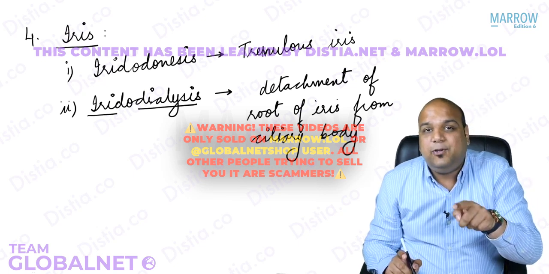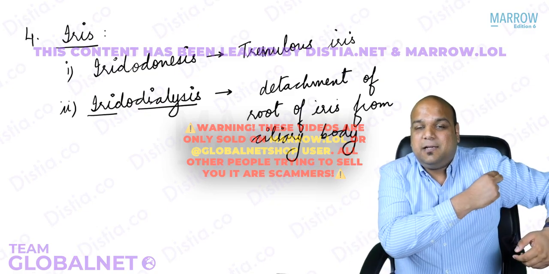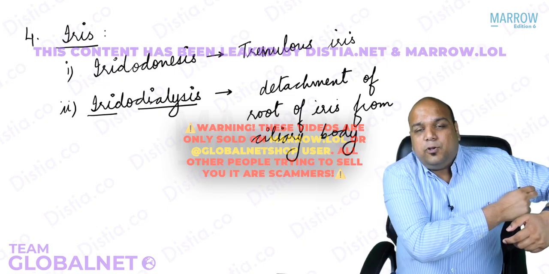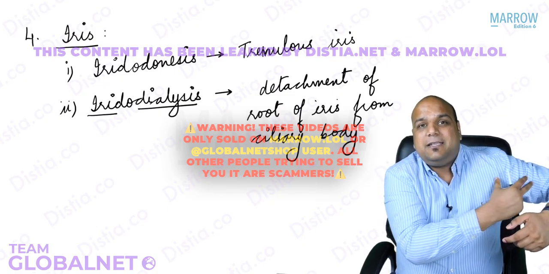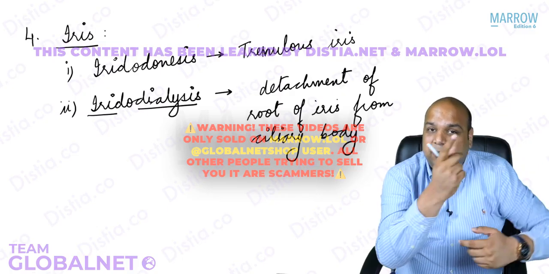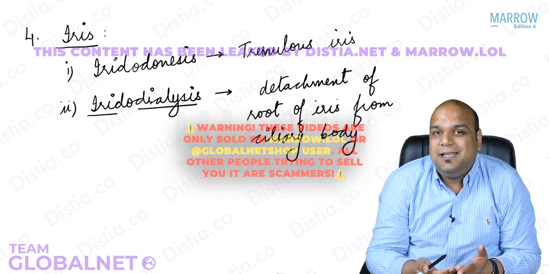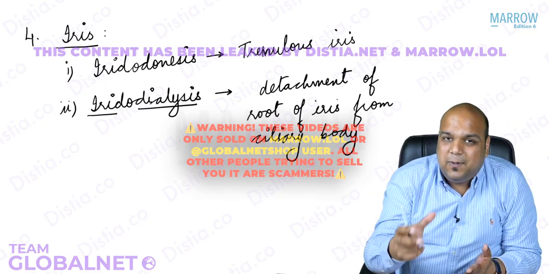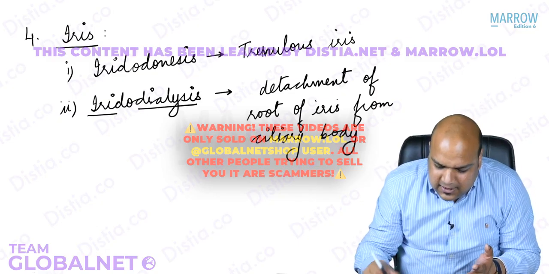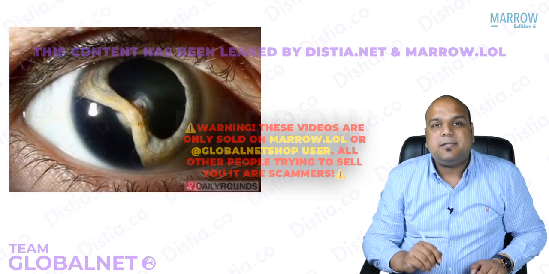That's why I said, if you understand iridodonesis, the force was weak, some of the attachments were broken. Now let's say in an area all the attachments are broken, so you will see that the iris has completely detached and you will be able to see the lens behind this area. You understand what I'm saying? Complete detachment of the iris from the ciliary body in a particular area. That is iridodialysis. As soon as we see this photograph, I hope it becomes much more clear to us.